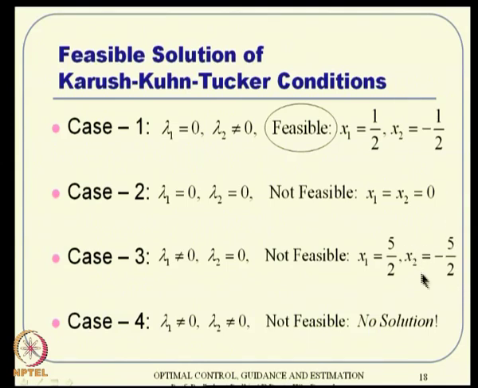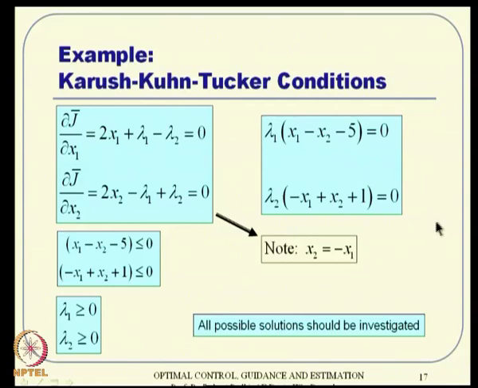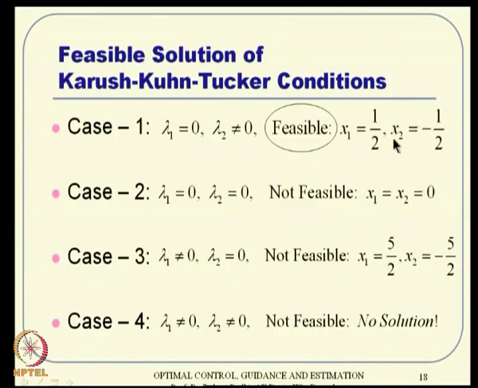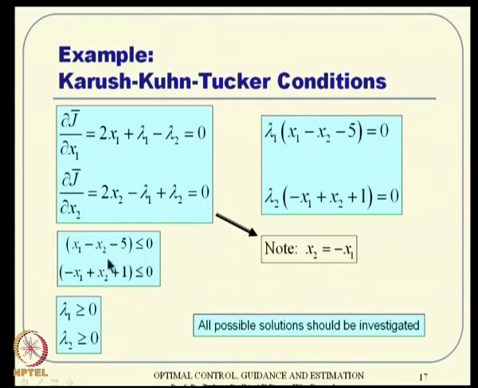I think this satisfies that. So maybe you will not be able to do that, but suppose it is a different number here instead of 0, then it is very easy to utilize this equation and infer that it is not happening. But anyway, that is not a major point. So you have some values here, lambda 1 = 0, lambda 2 not 0, and corresponding x1, x2. Now go back to these equations and try to see whether that is satisfied or not.